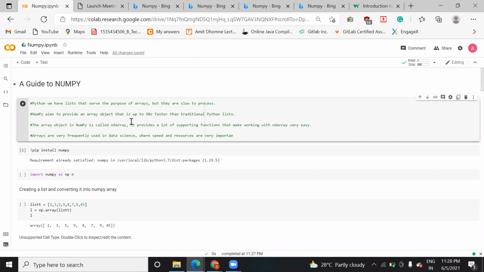There are some functions available in NumPy with the help of which you can save the data in the form of a matrix or array, and it can make your task easier to process a group of data. So NumPy will help you to create an array, and it provides a lot of supporting functions to create an ND array. ND array in the sense n-dimension array, one dimension, two dimension, and NumPy is very useful in data science, data analysis, and in many applications where we need to work on a set of data.